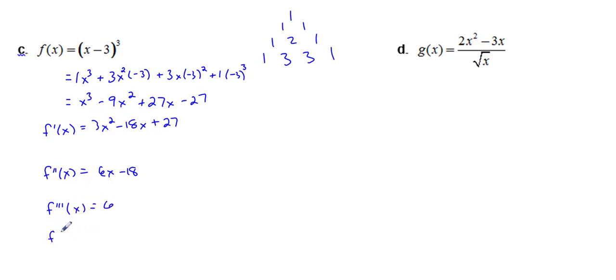What would the fourth derivative be? Now, check this out. Sometimes we don't go 4 tick marks. We'll put like a little 4 up here. Sometimes it's in parentheses. That's not f to the 4th power. In context, that's a fourth derivative, which would be 0. So eventually,